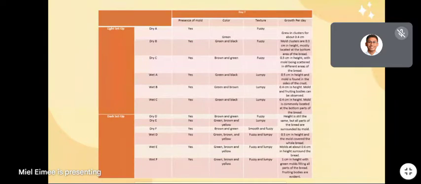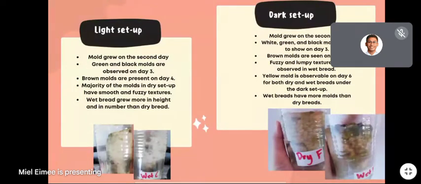So in terms of growth po, up until the 7th day, wet breads grew more in height and in number than dry breads for both dark and light experiment. So this is just to show the summary of the results. So as seen po in the experiment, molds grew best in warm conditions, hence the sealed containers allow the growth